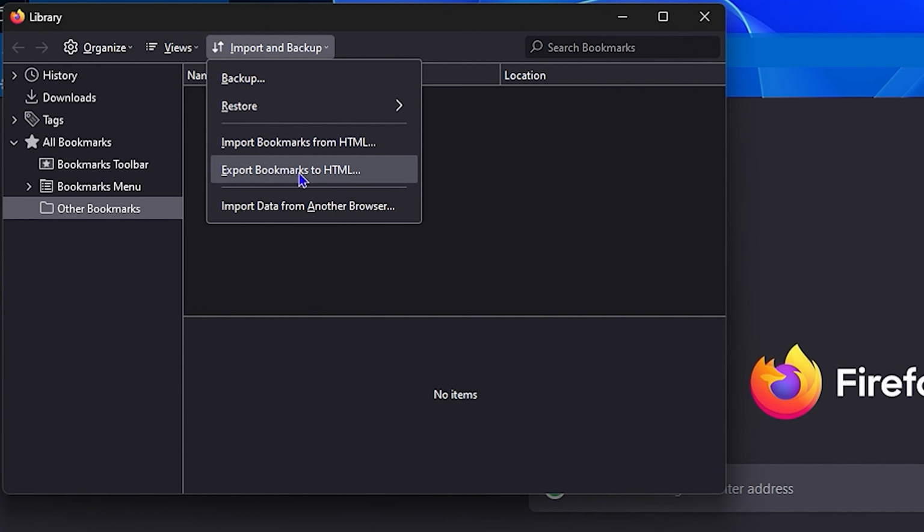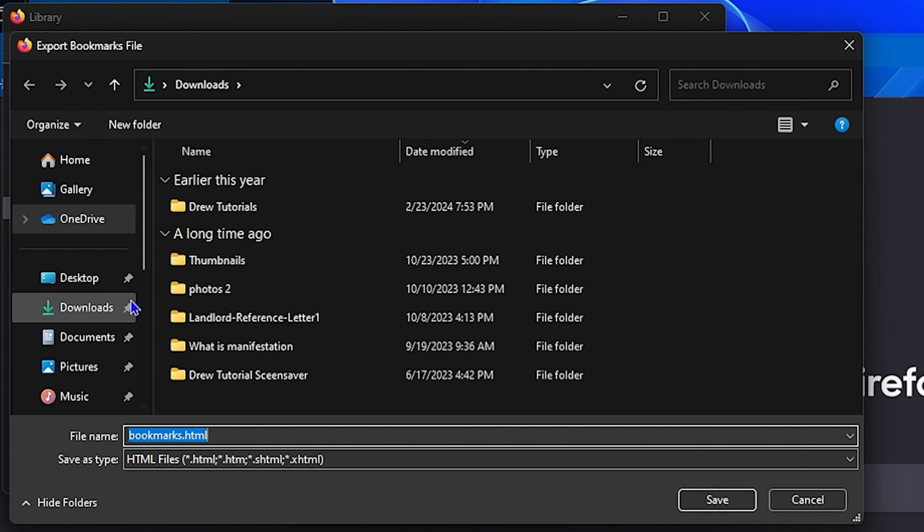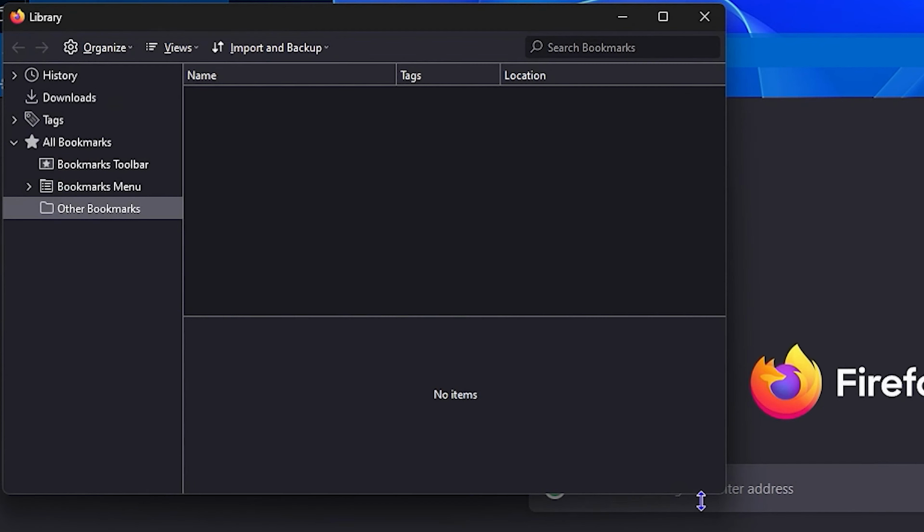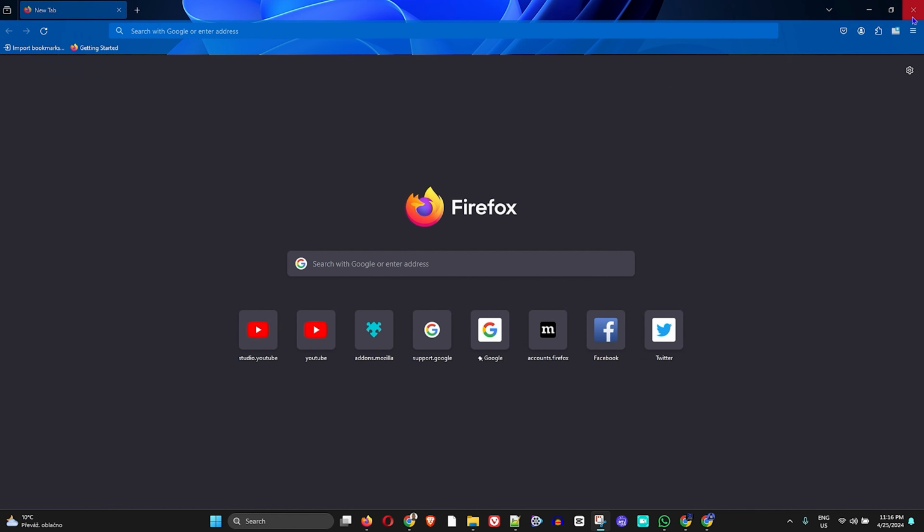From here, you'll have a bunch of options. And as you can see here, you can export bookmark to HTML. Simply tap on that and save it wherever you want. Now, what I'm going to do, I'm going to simply go ahead and save it into downloads. So I'm going to select download folder here and I'm going to simply save it. You want to ensure that you save it as HTML as I showed you there, and this goes for any other browser. Now I'm going to simply close out of this now, guys,